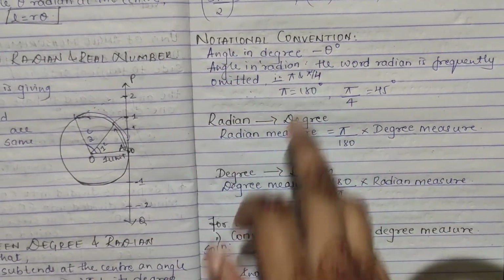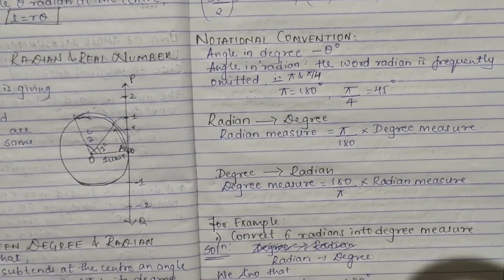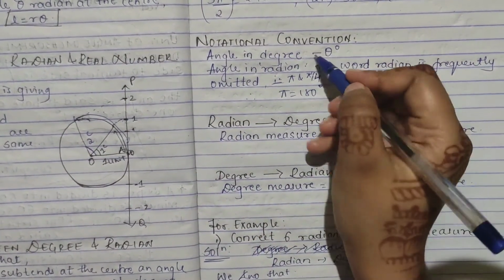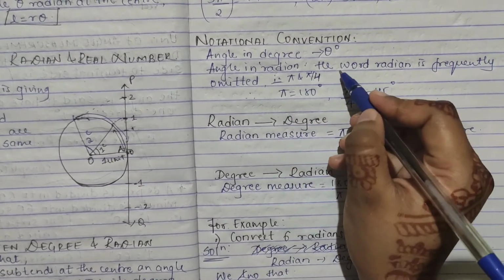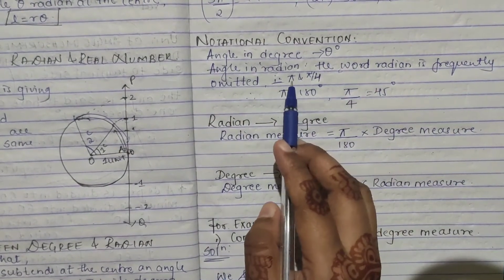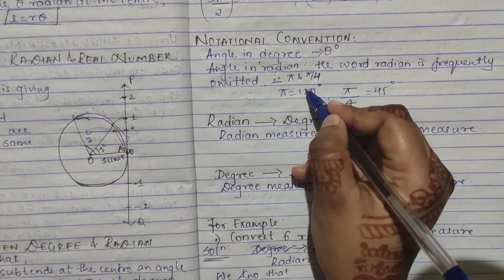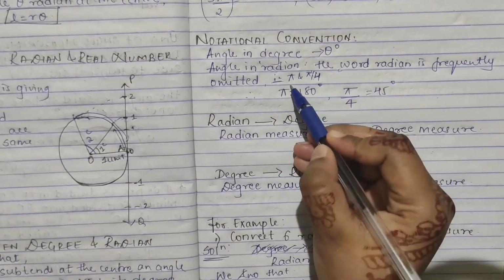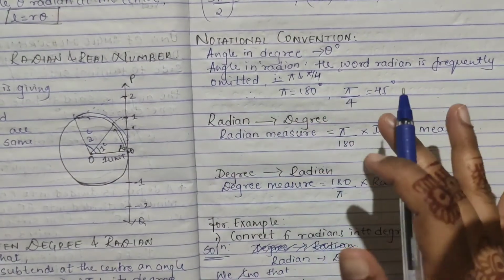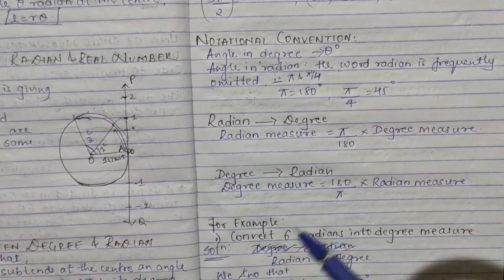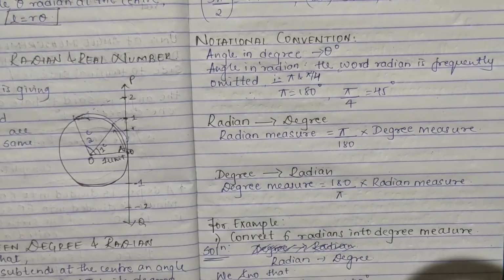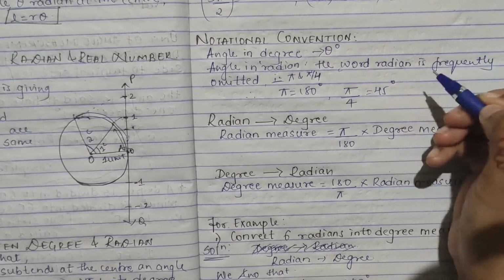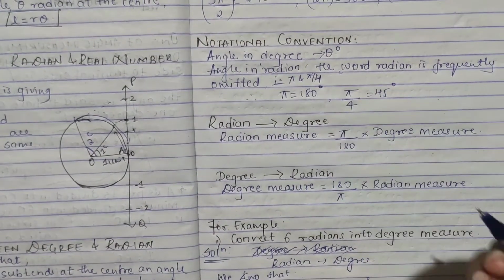So next is your notational convention. As I recently told you, if the angle is in degrees we write it like theta degree, and for radian we omit that radian part, we just write directly pi and pi by 4. So for this is your radian and this is your degree, right? For radian I have not written it here particularly, because we can omit that. If they have just written pi, pi by 4, 2 pi, 3 pi by 2, you should understand their units are in radian. And if you are writing degrees, we denote it with a small circle.